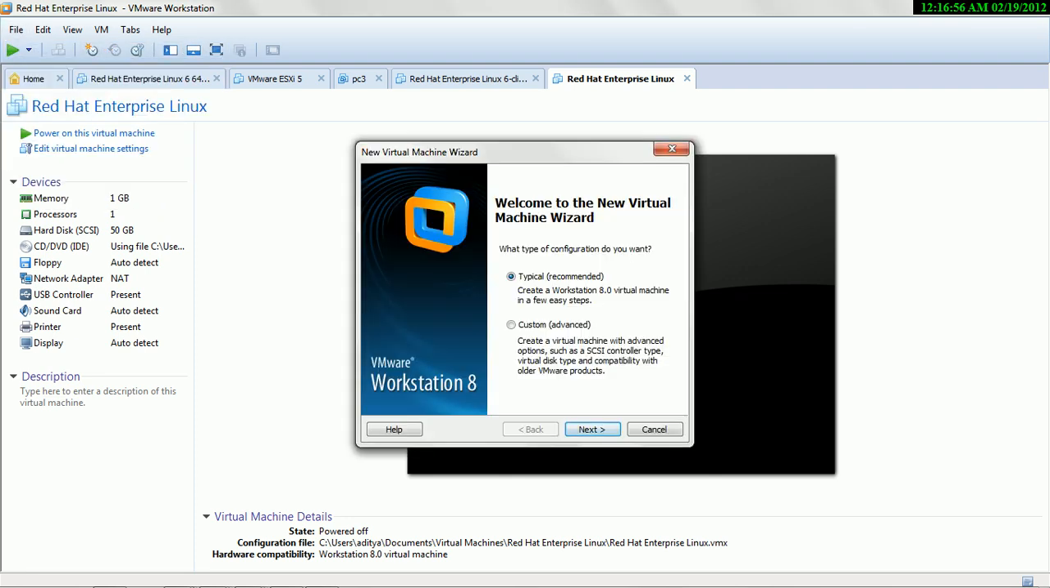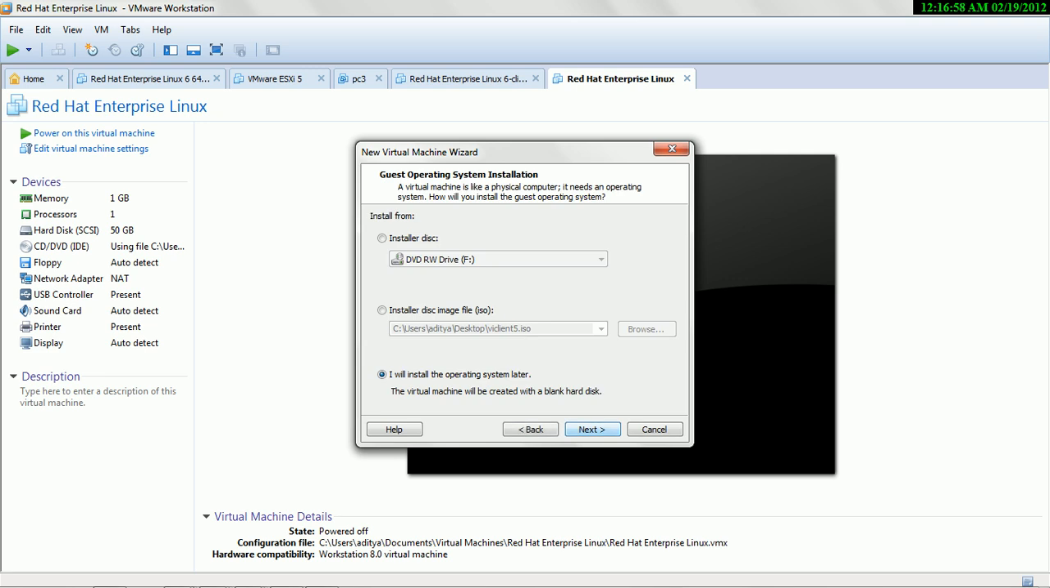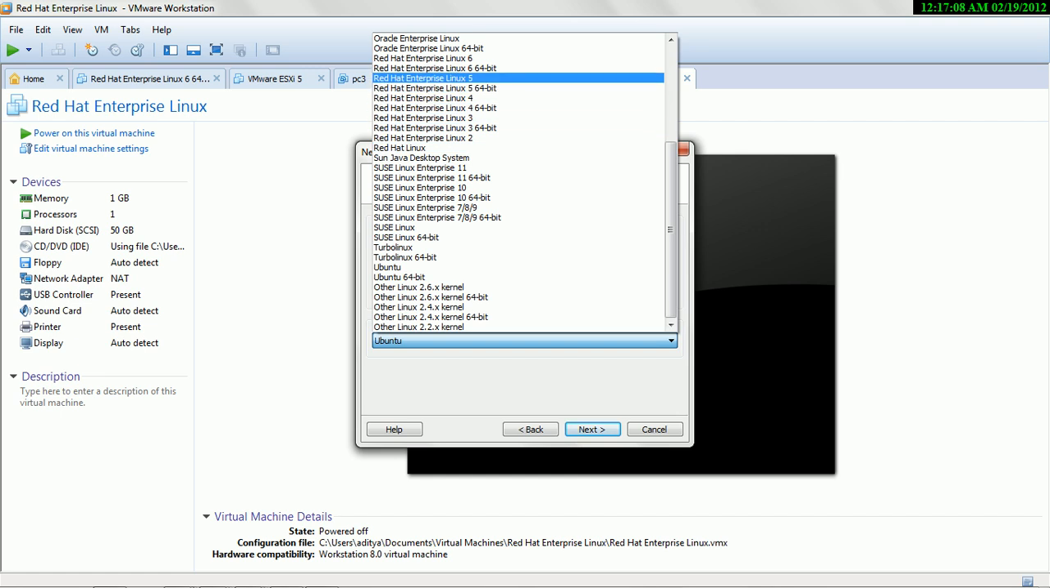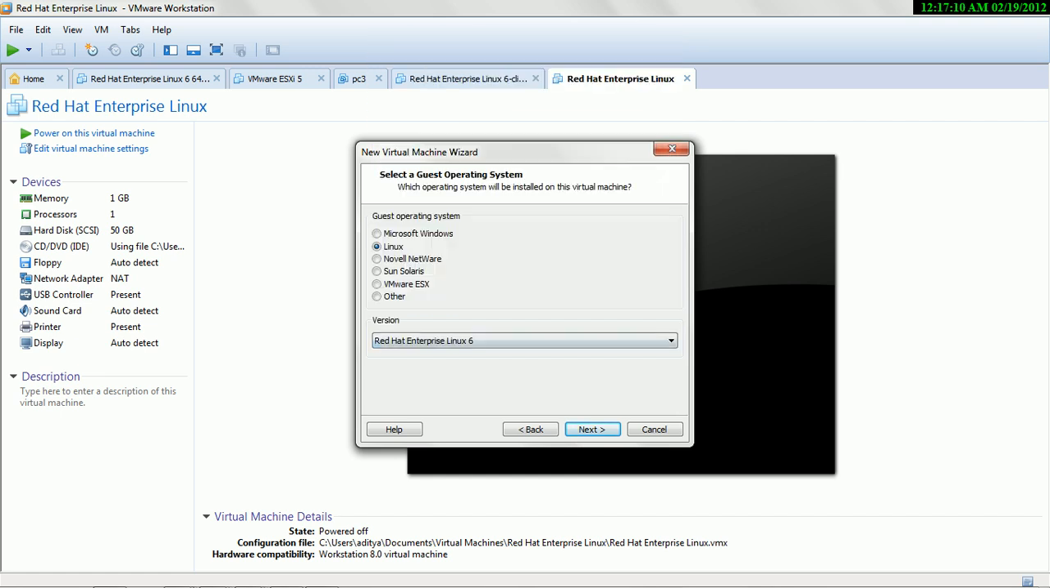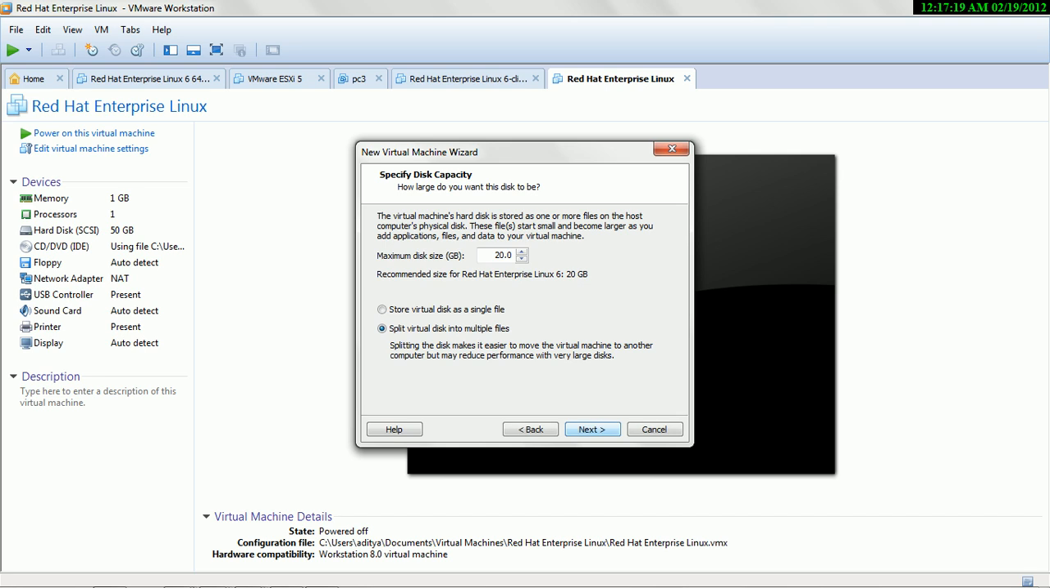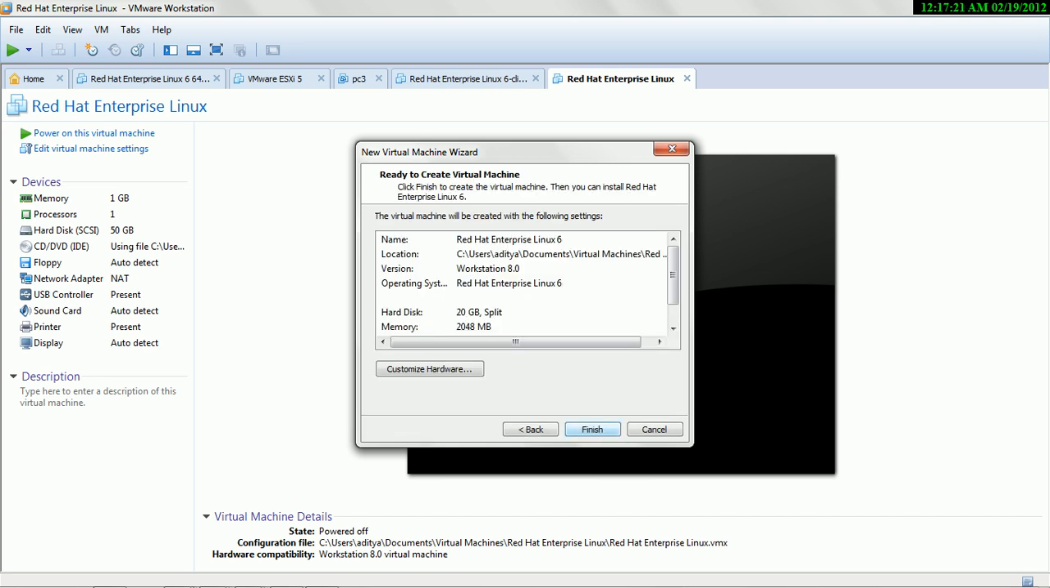Select typical options. Next, select I will install the operating system later. Next, select Linux. Select the option Red Hat Linux 6. Now next, and put in the name Red Hat Enterprise Linux 6. Next, next,